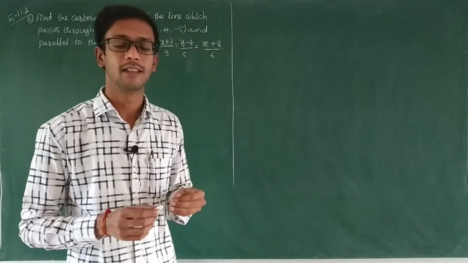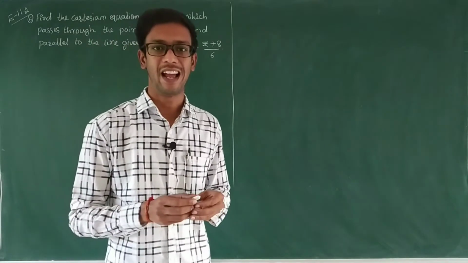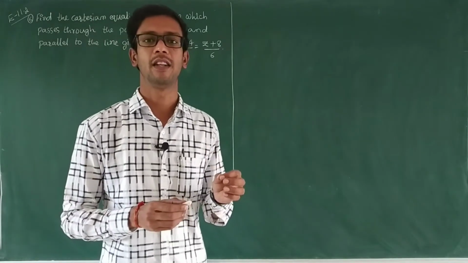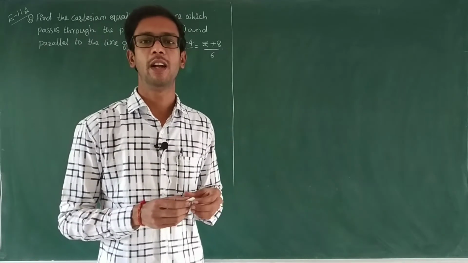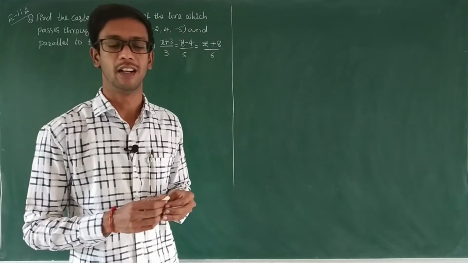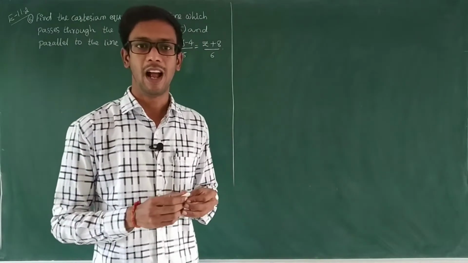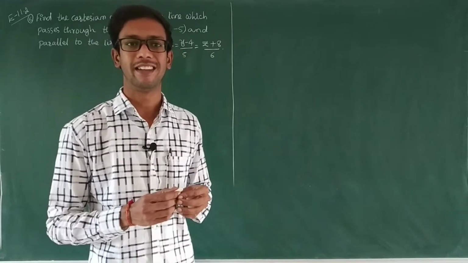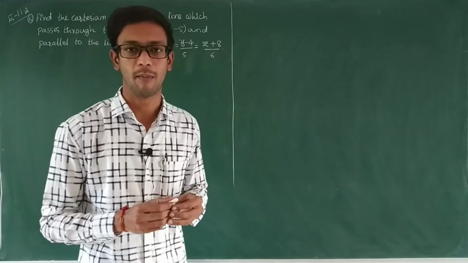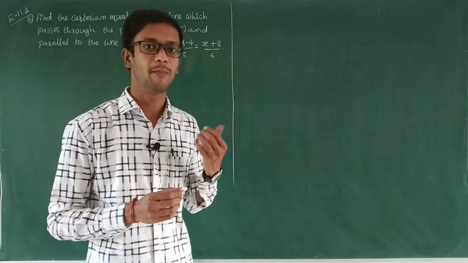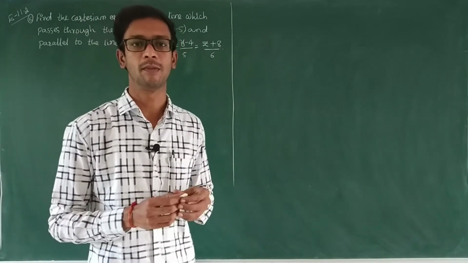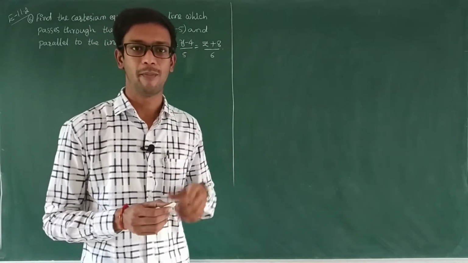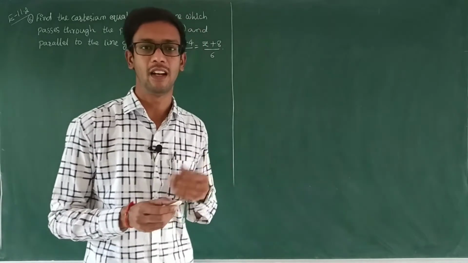In the previous class, we discussed the line equation in space, that is, the equation of a line passing through a given point and parallel to a given vector. That is a 5 marks important theorem, and based upon that theorem, we discussed some example problems and some exercise problems also. Based upon the same theorem, there are 2-3 more problems. We'll complete those 3 problems today and we'll start the other line equation.